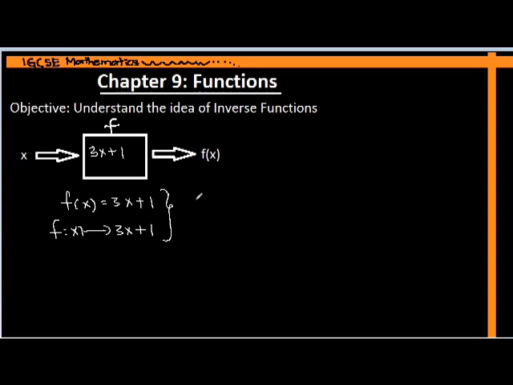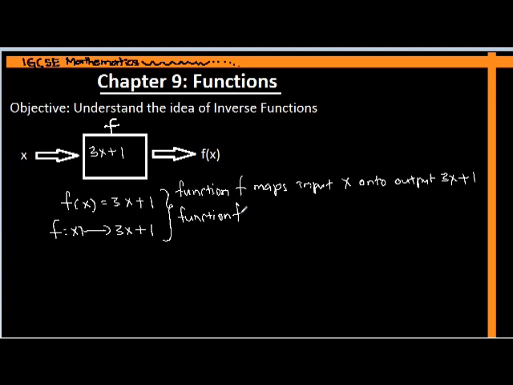It simply means that function f maps input x onto output 3x plus 1, or it can also be interpreted formally as